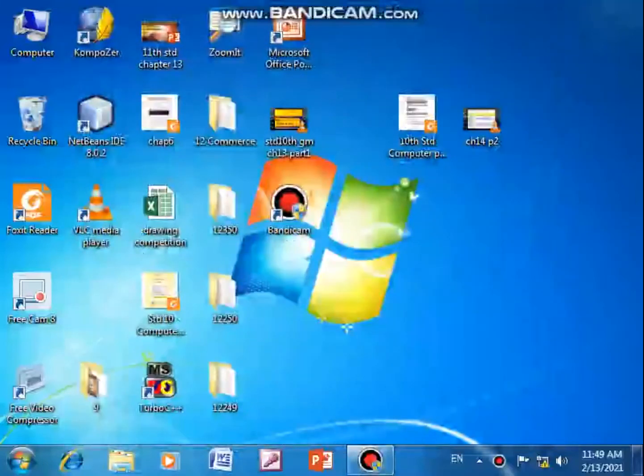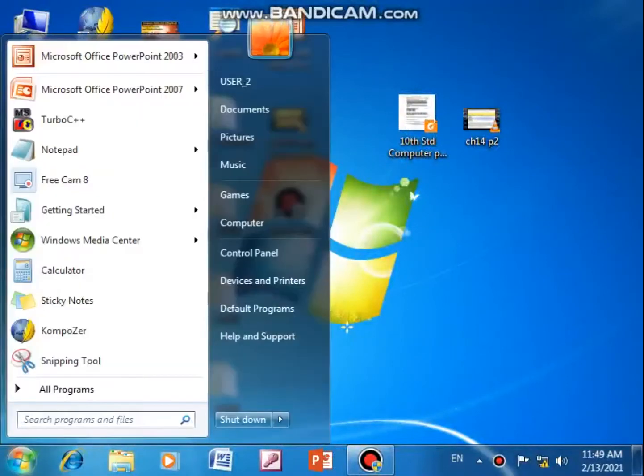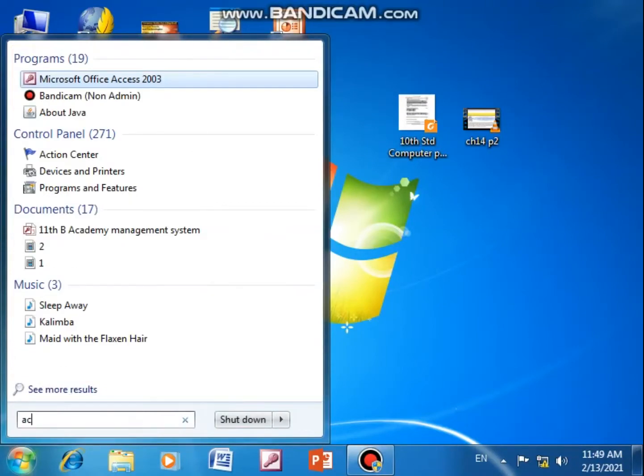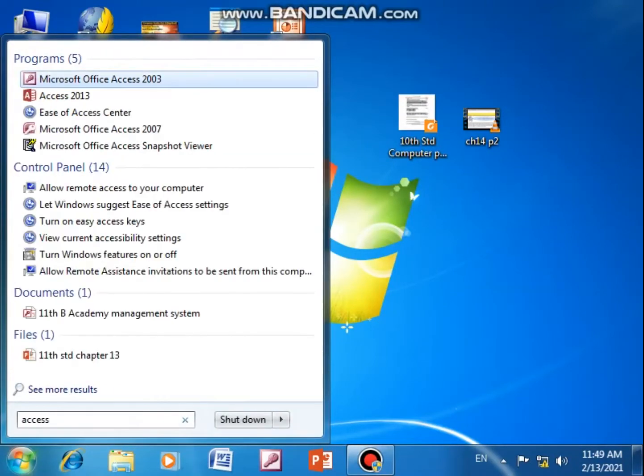Now first thing is that in MS Access there are different versions of MS Access. Okay, I am going to teach you database using a very lower version. I am having all the versions in my computer. You can see as soon as I type Access, it is showing me two versions. Which are they?